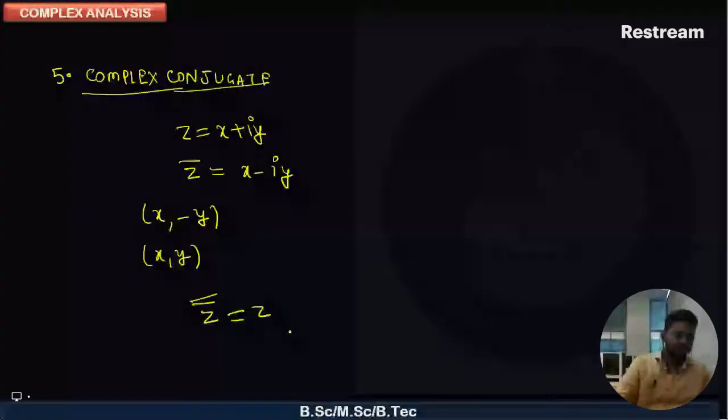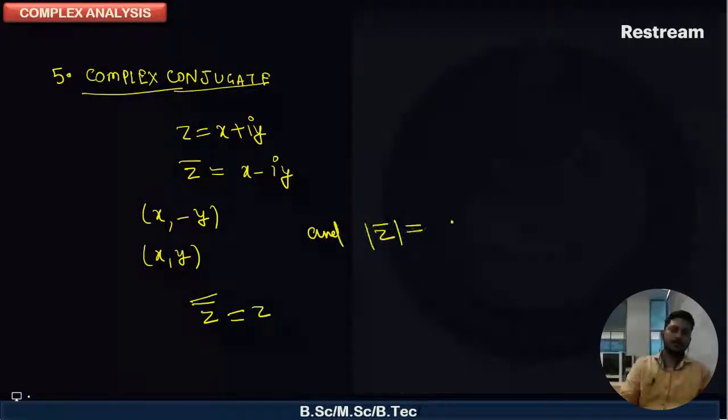z double bar comes to z only, and the modulus of z is also equal to the modulus of z bar for all z. Okay,